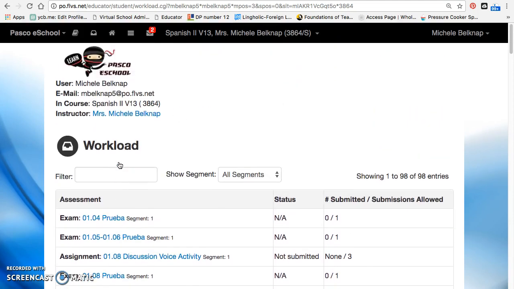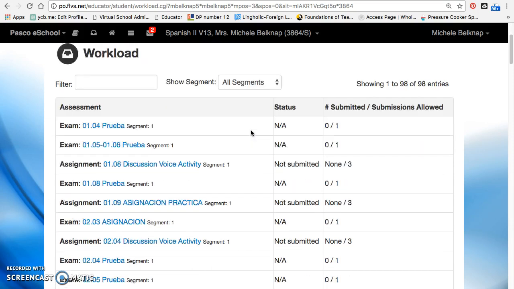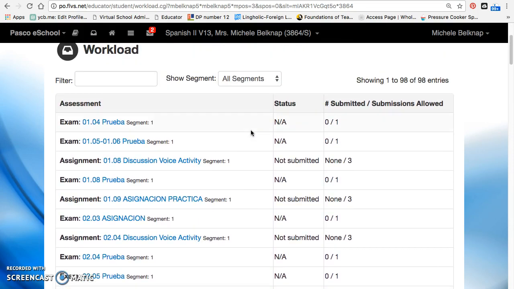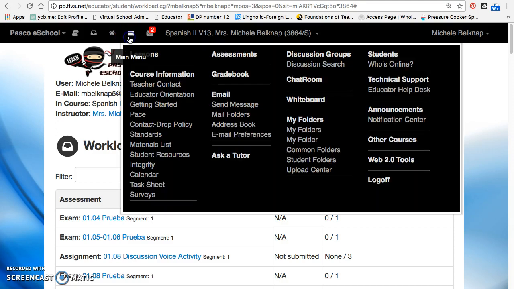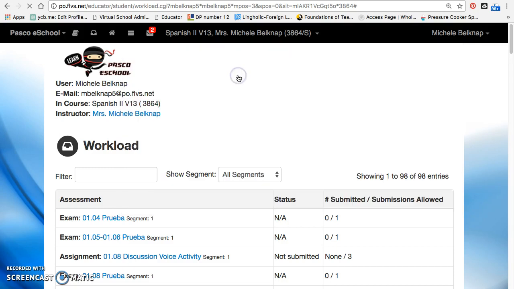So let's just say you got an email from me about that 1.07, that you submitted the wrong document, and I need you to fix it and send it back to me. Once you've sent something one time, it's out of your workload. The computer's assuming it's done and you don't need it anymore. You can always get back to it by going to Gradebook. So if I've sent you an email and I've said your assignment is not quite right, please fix it, or maybe you're wanting to do it over because you got a 70 and you're trying to maintain an A or B in the class, you go to Gradebook, you click there,